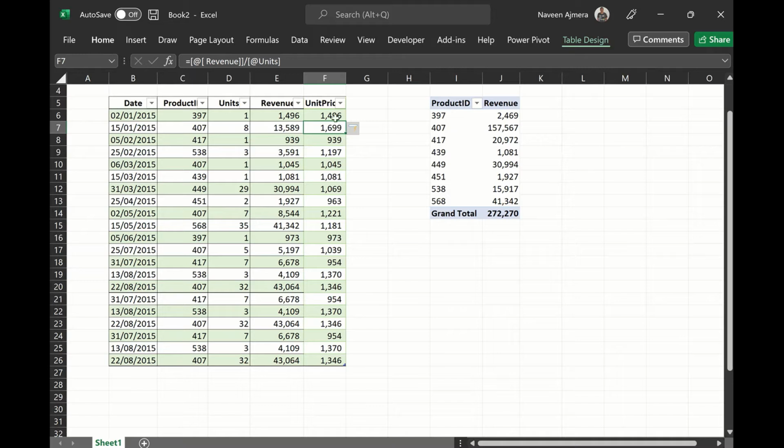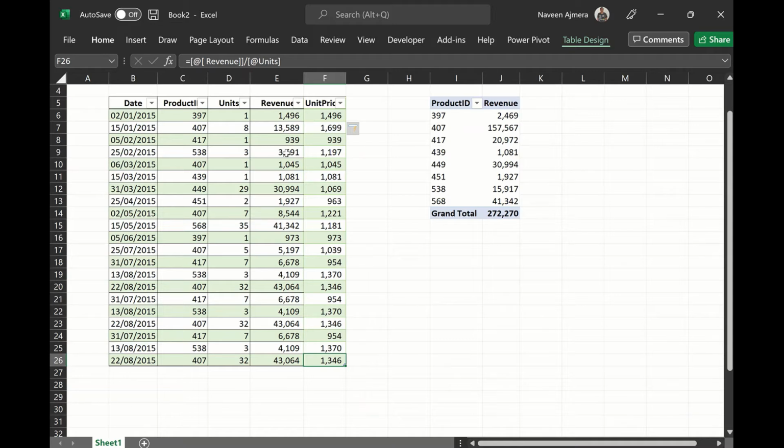And you see the moment I wrote the formula in the very first row, it automatically gets populated in the whole column till the last row of my data in the table. And if you look at the formula bar, it just reads the reference of the column names, revenue and units.